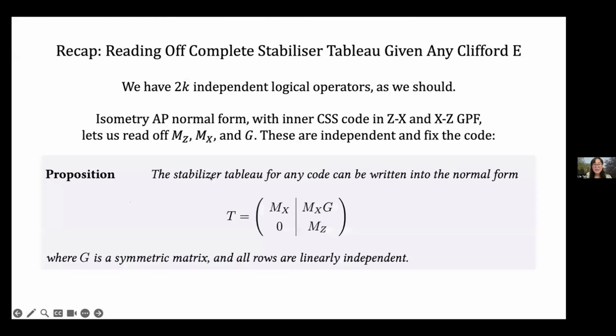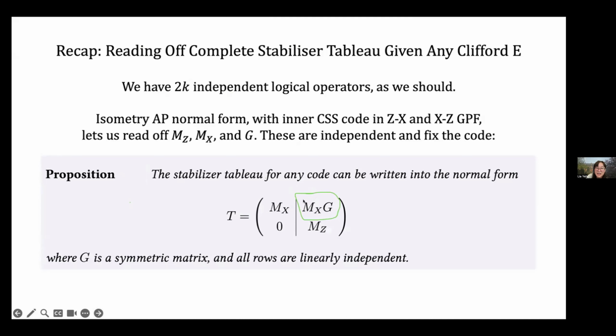And in particular, this means that we have essentially a normal form for the stabilizer tableau of the code. If you recall, it looks exactly like the CSS code case of the tableau, except the top right quadrant, these n columns up here,